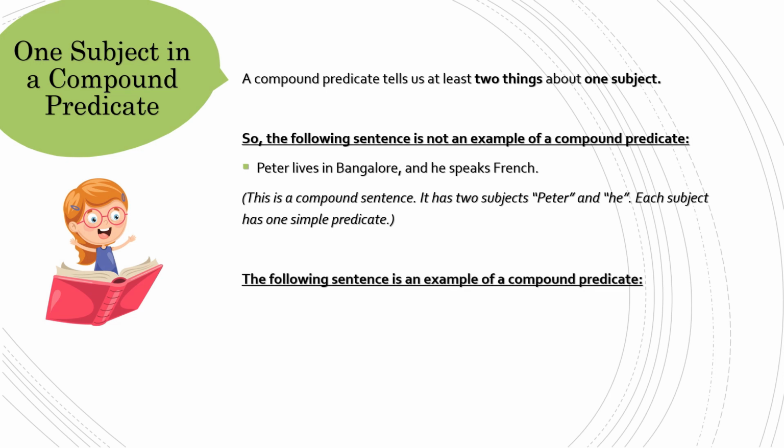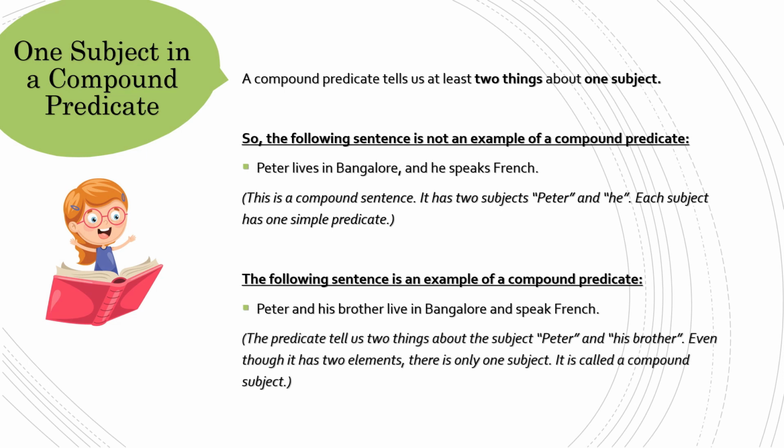The following sentence is an example of a compound predicate. Peter and his brother live in Bangalore and speak French. The predicate tells us two things about the subject, Peter and his brother. Even though it has two elements, there is only one subject. It is called a